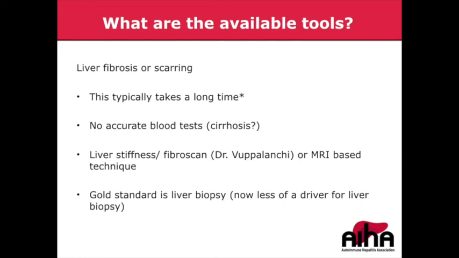And in terms of blood tests, there are no accurate blood tests, although there are some characteristic lab findings that we find in patients that have cirrhosis. But we usually have to go to something a little bit more liver-directed, and there are some non-invasive tests. I think a number of you have performed some FibroScans, and Dr. Vupalanchi is going to talk to you about this tomorrow. There's also MRI techniques to get at the same idea of how much stiffness there is to the liver. But the gold standard is a liver biopsy, although increasingly with better technology, with FibroScan and MRE, assessing fibrosis is becoming much less of a driver for performing serial liver biopsies.